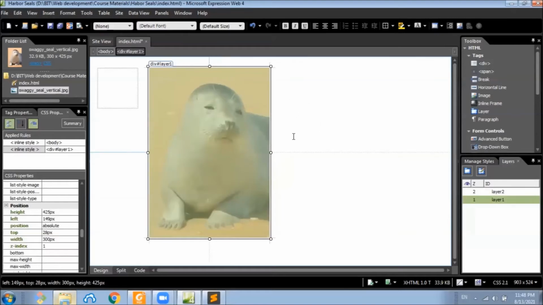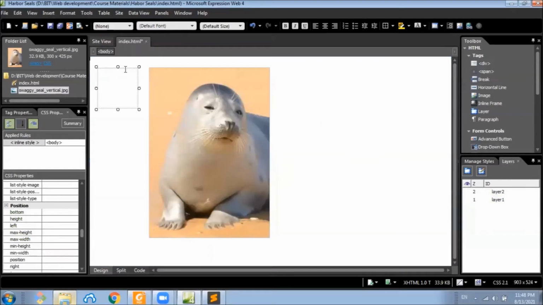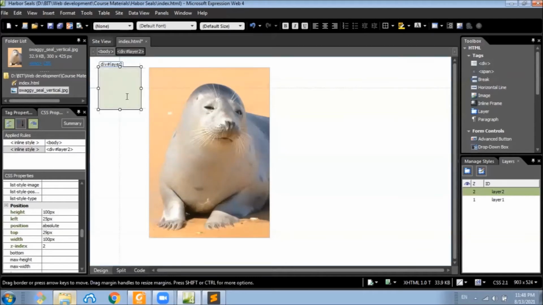So when we arrange this kind of layout, it's better to use these CSS properties rather than drag and drop, because we don't know exactly how many pixels are there by looking at it. So what we can do is set this left value to a known value like 25 pixels, and set the width of this layer to maybe 100 pixels.